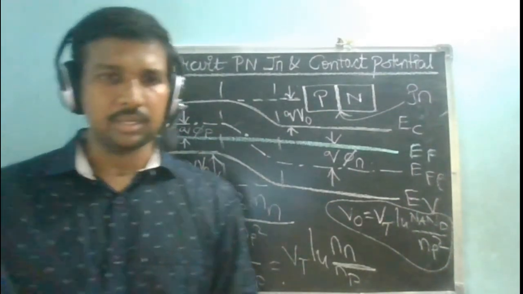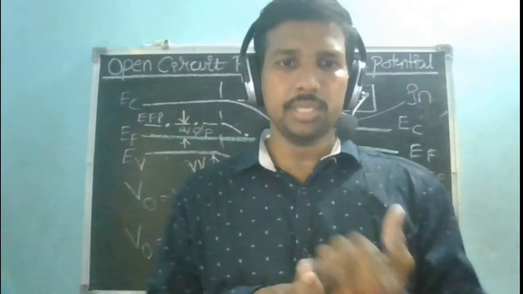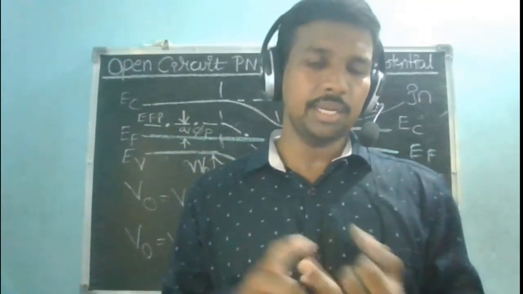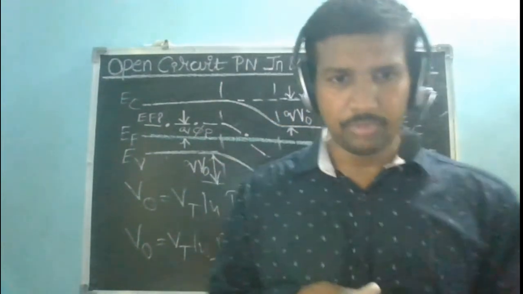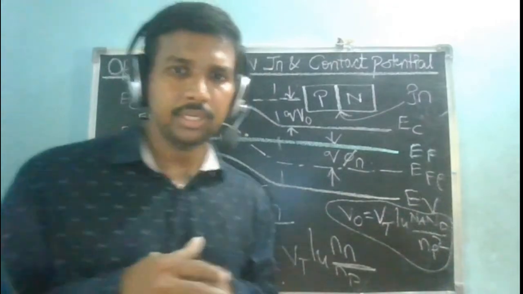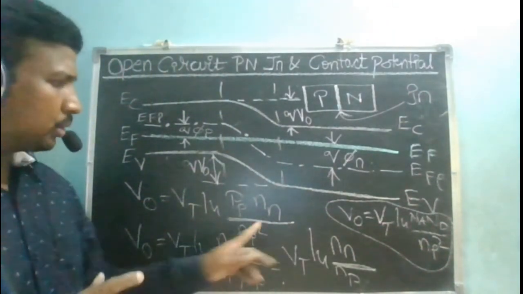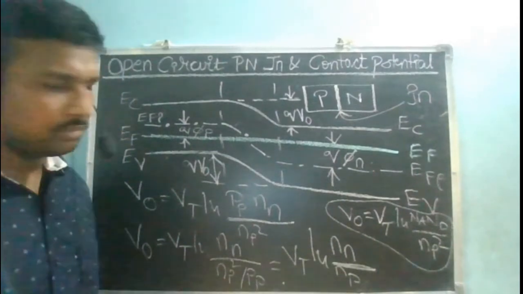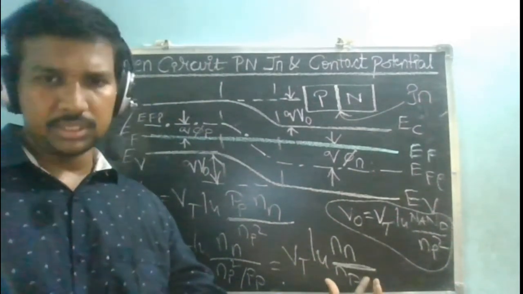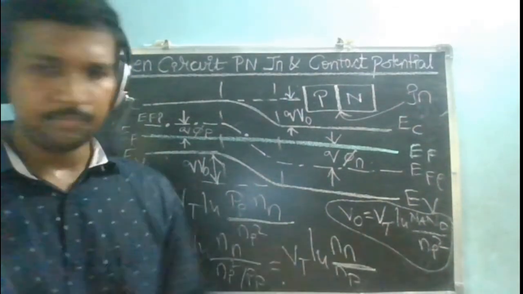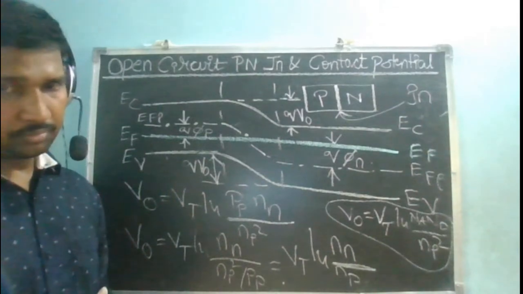No, sir. So what we have covered so far today is the open circuited PN junction and contact potential. Deriving an expression for contact potential is somewhat important from the examination point of view. Have you understood what we have discussed today? These two equations no one is going to teach you, and we don't give special attention to them. We have derived them from this only.